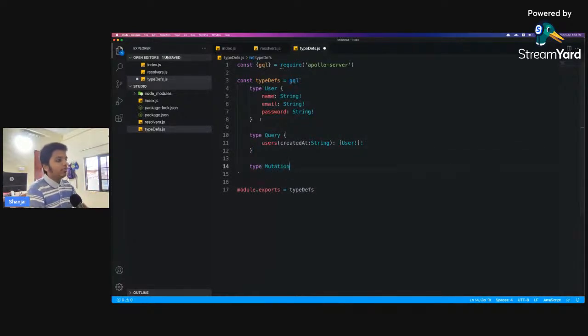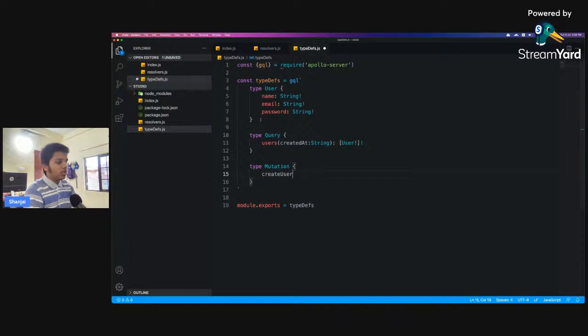You can also do a mutation, which is going to be to do post, put, and delete functionalities. But you can also do get here, no problem. But it's highly recommended, and most of the companies, most of the people use mutation for the operations and query for get. So inside of mutation, it's the same thing. Let's say you want to create a user. So this is going to be a field name,